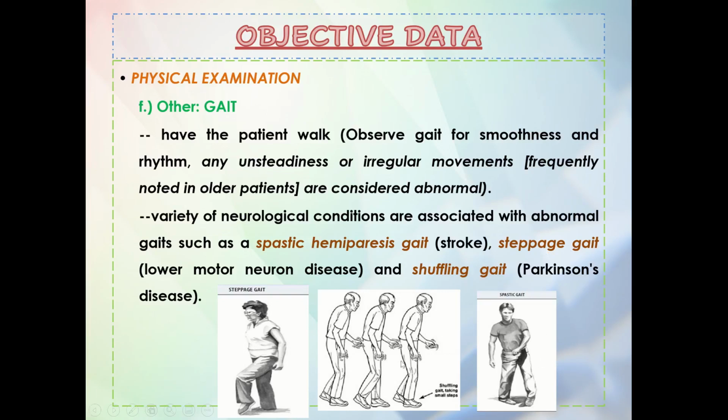And then you have your shuffling gait. This is for the Parkinson's disease. So, ayan, may mga tremors yan. Tapos, yung kanyang posture is parang naka-forward din. So, these are the different types of gait. So, marami pang iba. Pero, ito lang yung, for now, as of the moment, for the musculoskeletal. Okay, next we have,